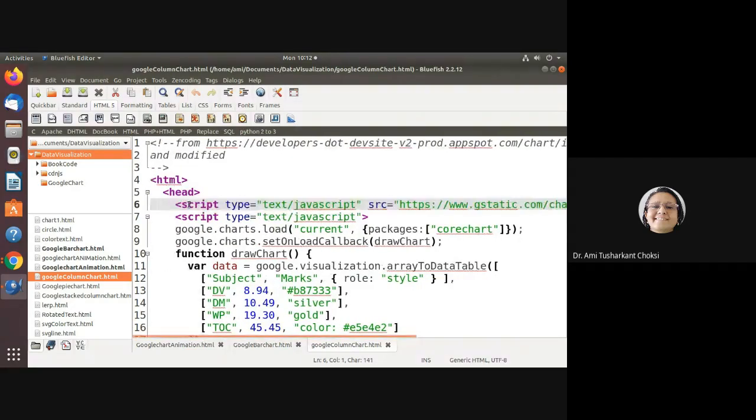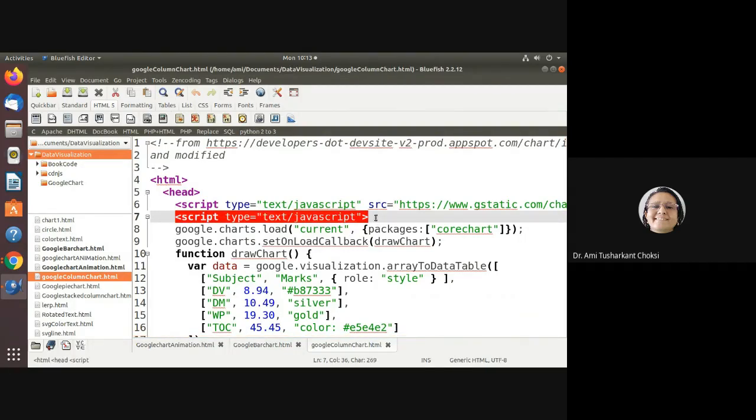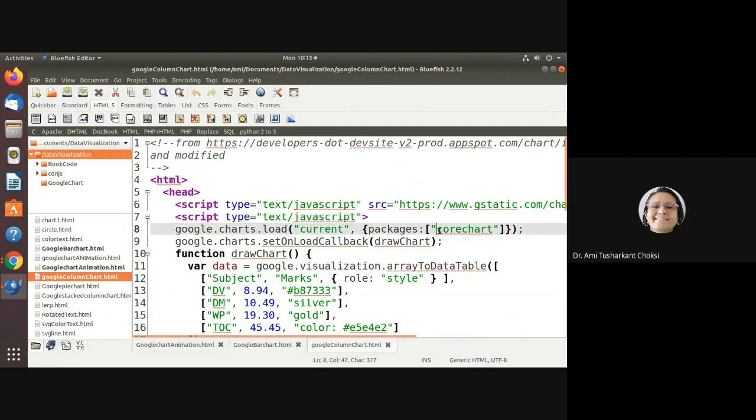So now script type text slash JavaScript. Now what we are doing with this? We are loading the core chart packages, and after that we are setting the setOnLoadCallback, that is drawChart, fine. drawChart is the function which we want to call, fine.